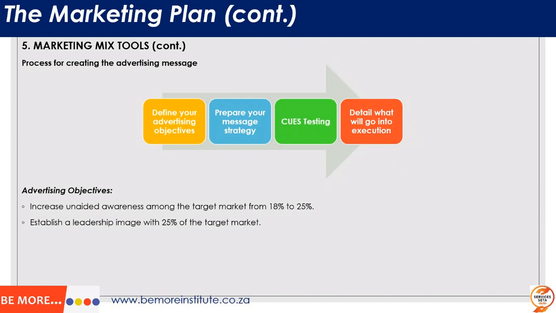Any comments? Maybe what we need to do here is to ask ourselves, is your objective SMART enough? It says we must increase, but it doesn't say by when. You can measure the increase. So these are some of the things. It's important that you always remember, if you're talking about an objective, you apply the SMART principle just to test